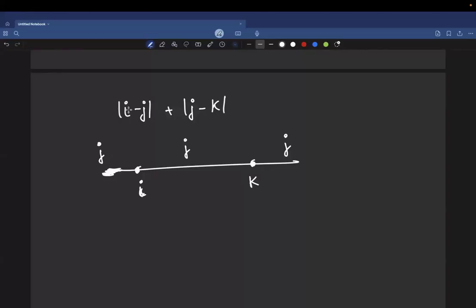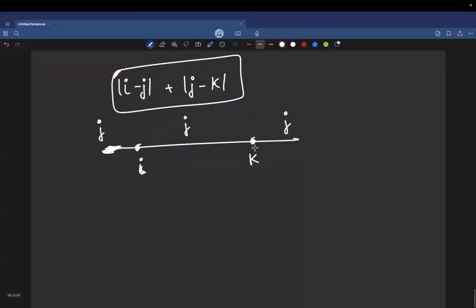So if you saw this for the very first time, try to just think about it more and more until it looks intuitive to you, because it might actually help you to solve some problem in future fast, and it might help you to improve your rating fast. So if j is greater than equal to i and less than equal to k, in that case, this expression is nothing but equal to absolute difference of i and k. Basically, this will happen if j is less than equal to maximum of i and k, and j is greater than equal to minimum of i and k,